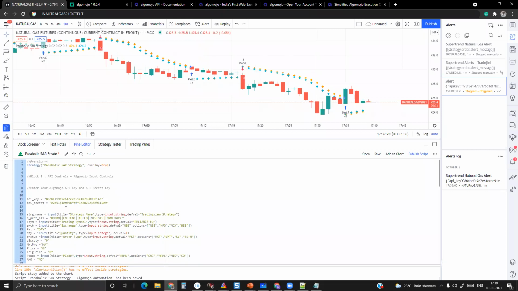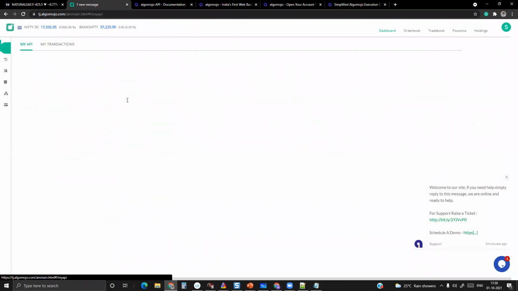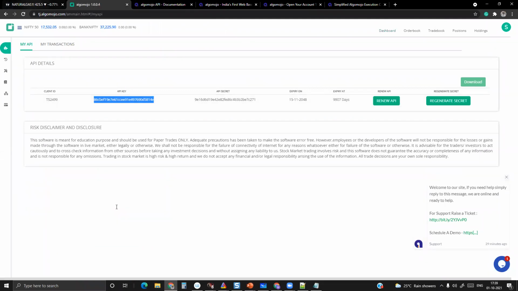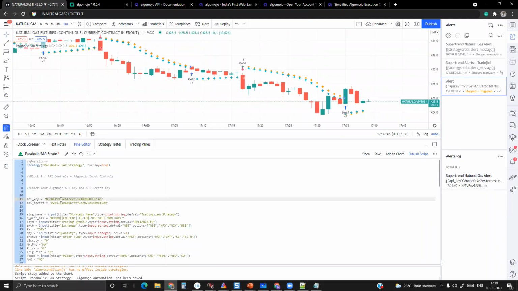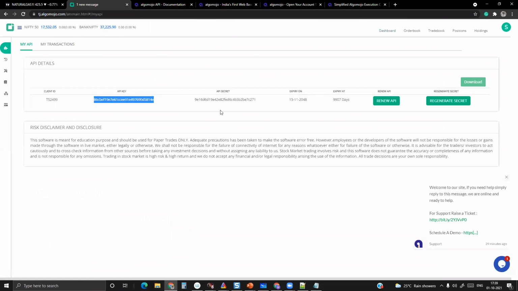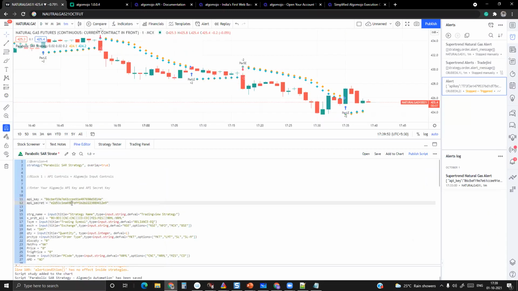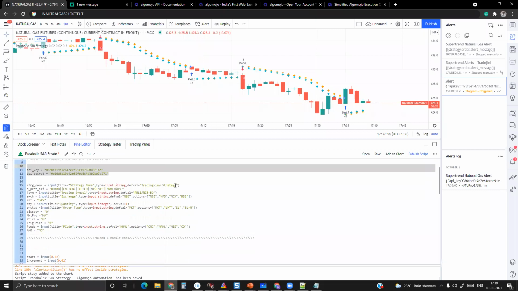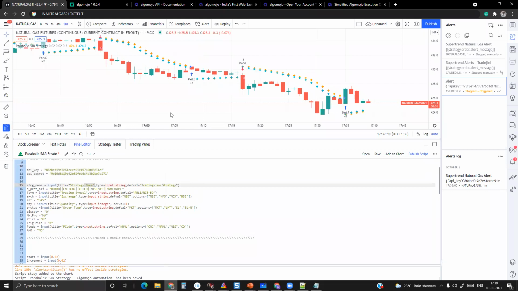It contains the API key and API secret key. Obviously, in my case, I had to bring my own API key and my own API secret key. So before creating the alert, the first step is always to configure the API key and API secret key. So I'm just configuring the API key. Followed by that, I'll go to the API secret key and paste that as well. Okay, now this is done. Next thing is setting the default values, what you want to do. All those things you can set as default, or you can also configure them in the controls.